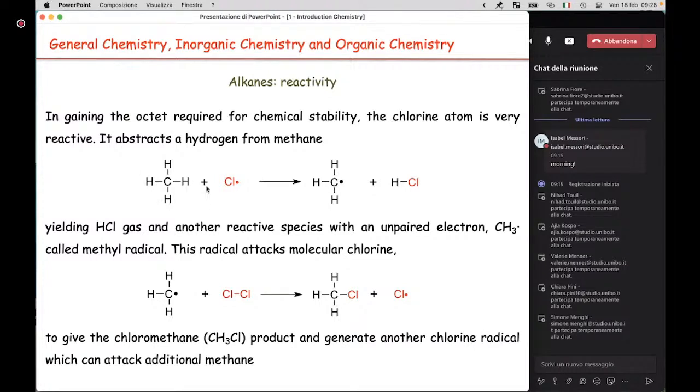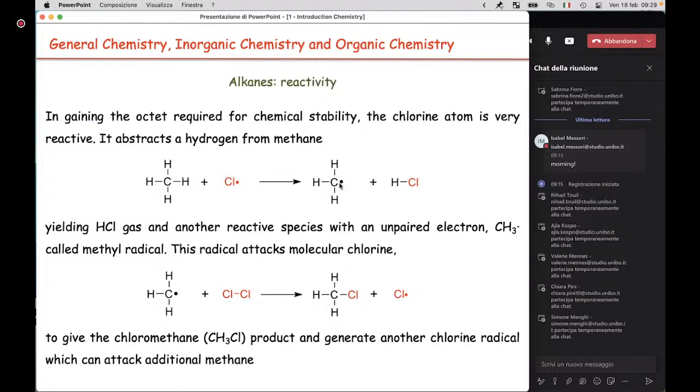In this case, we can see that the radical chlorine reacts with hydrogen, and hydrogen goes off the bond with its electron to react with chlorine to produce hydrochloric acid. So methane is left with